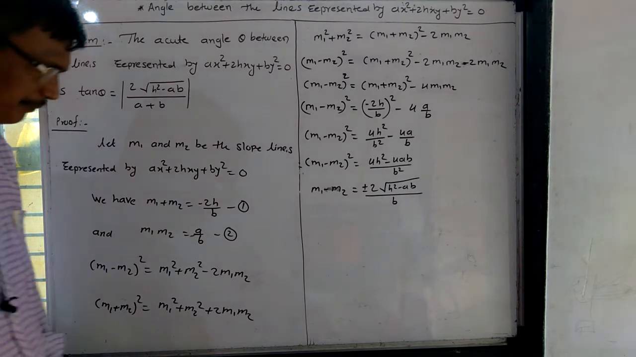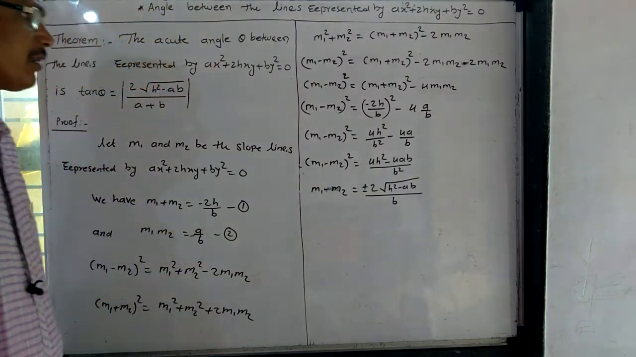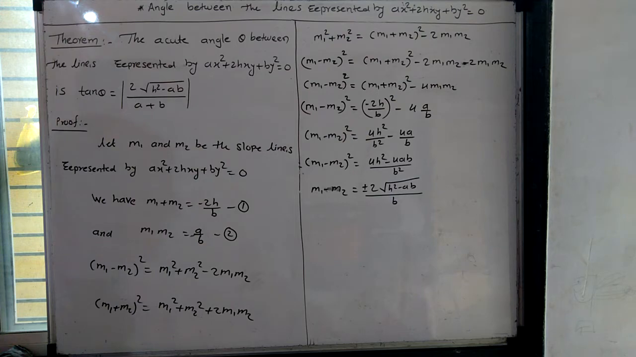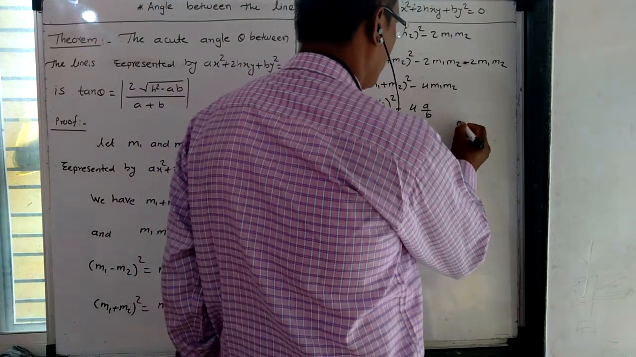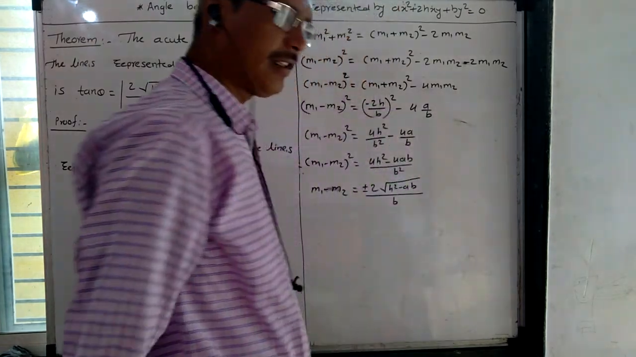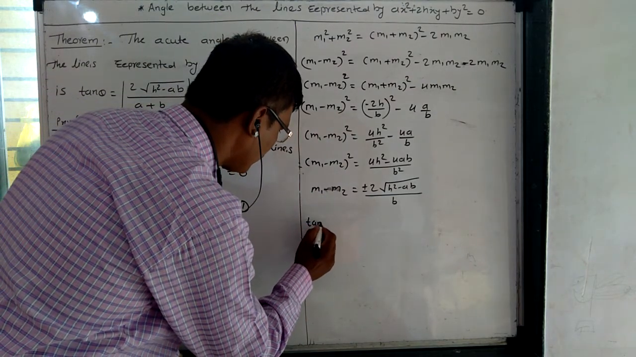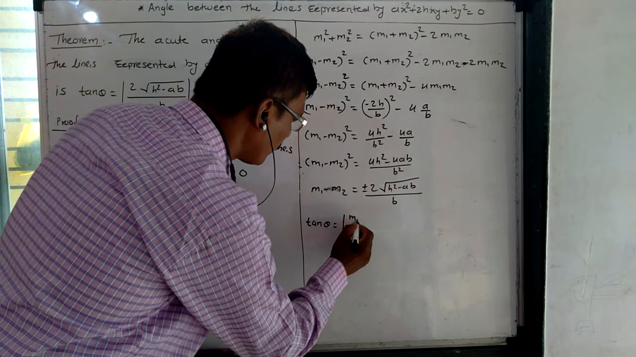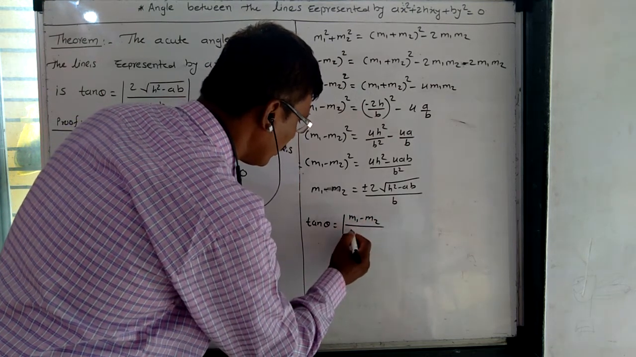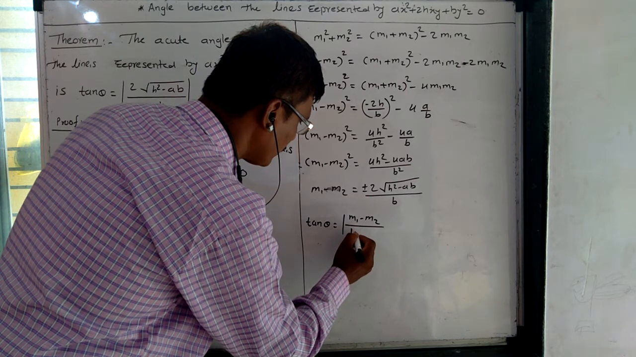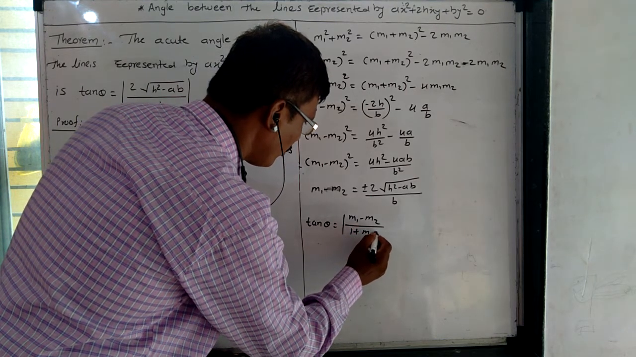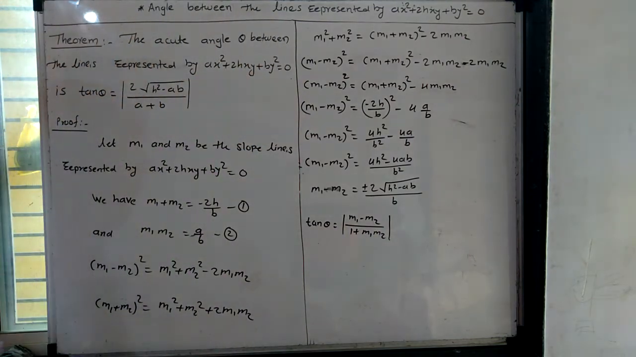And we know that in 11th standard we have studied the angle between two lines having slopes m1 and m2. If the slope of one line is m1 and the slope of the other line is m2, then we have found the angle between those two lines: tan theta is equal to m1 minus m2 divided by 1 plus m1 into m2. Therefore,